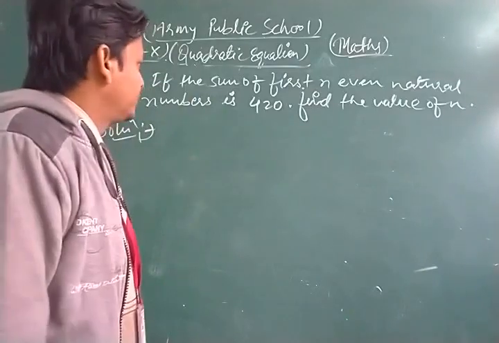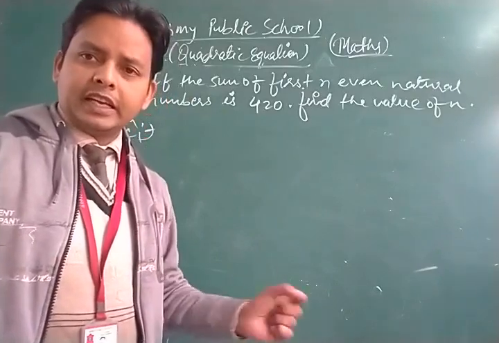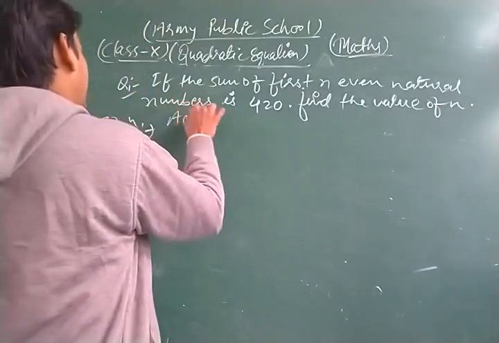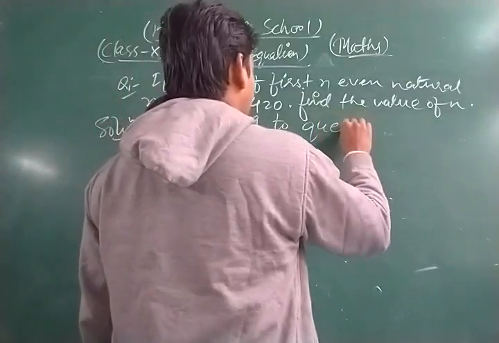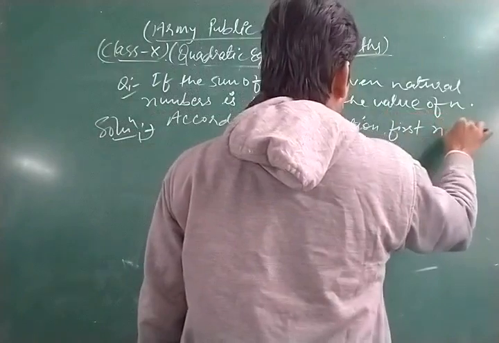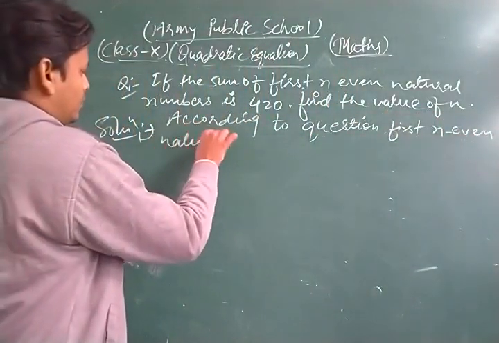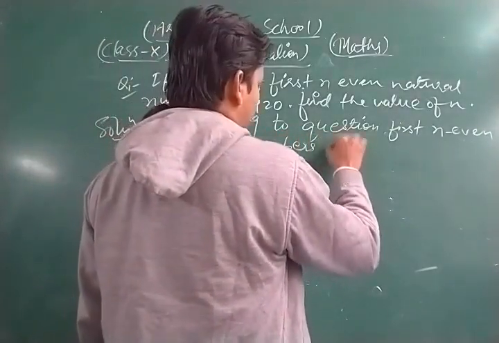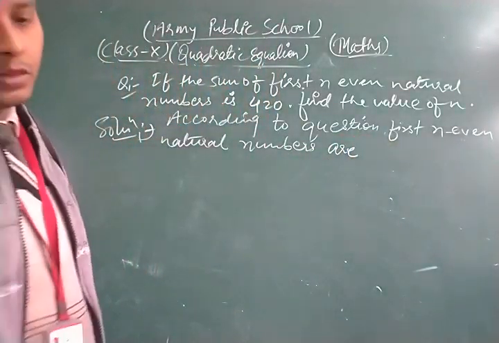The sum of the first n even natural numbers is given. According to the question, the first n even natural numbers are